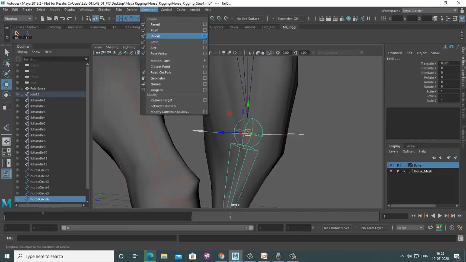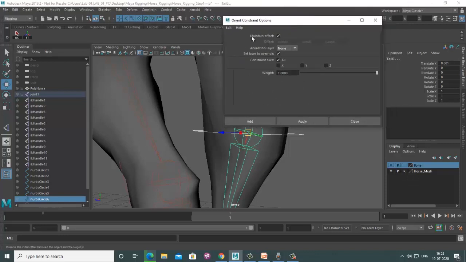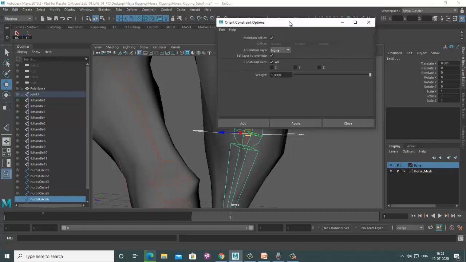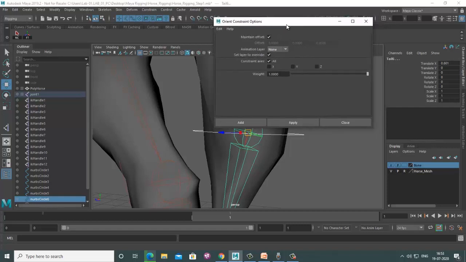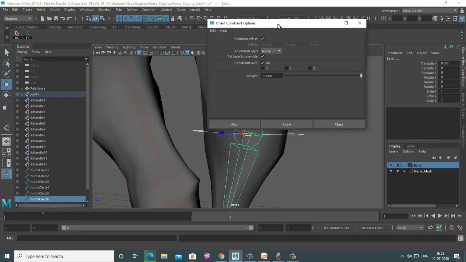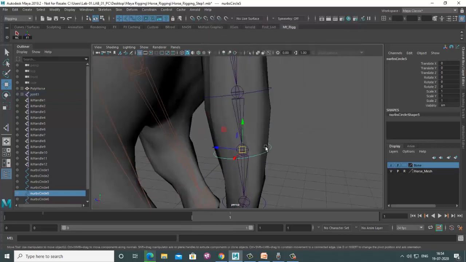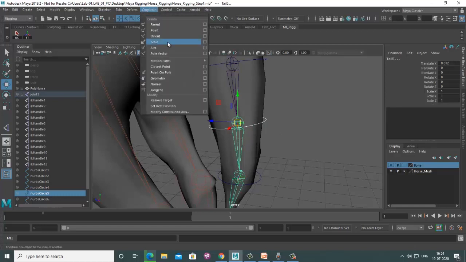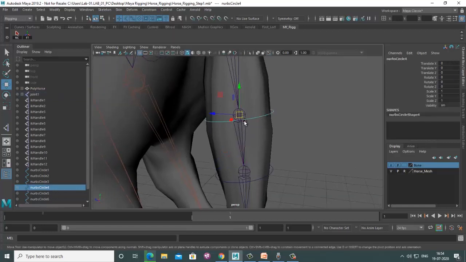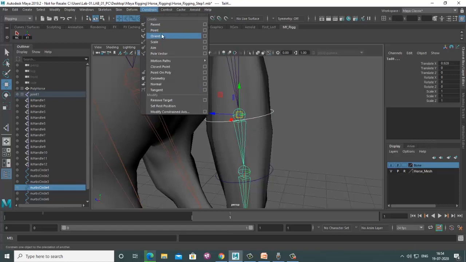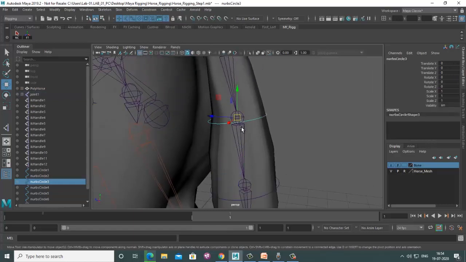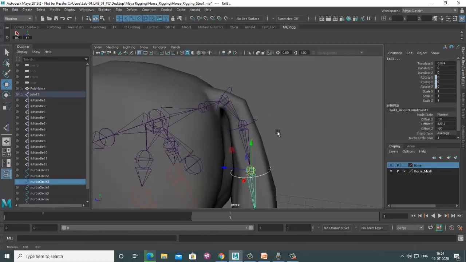But now what you should always do is click on Maintain Offset, because this is very efficient for rotating all things. Otherwise it creates a distance between our controller and objects. So I think you should always tick on the Maintain Offset value. Just Add. Again, you can do the same thing here also with the orientation. I think that's clear, so I think you understand.